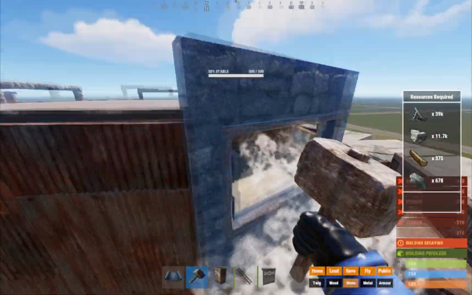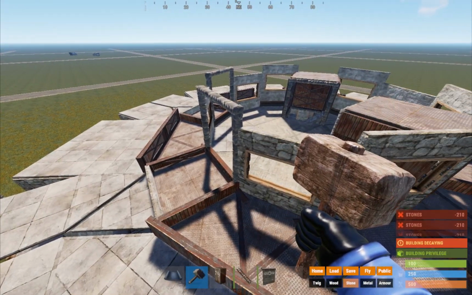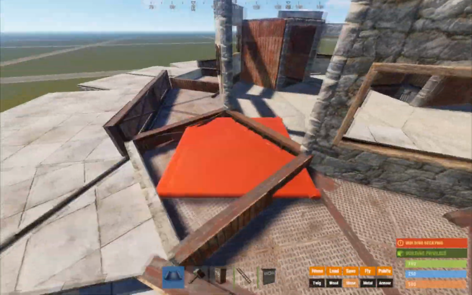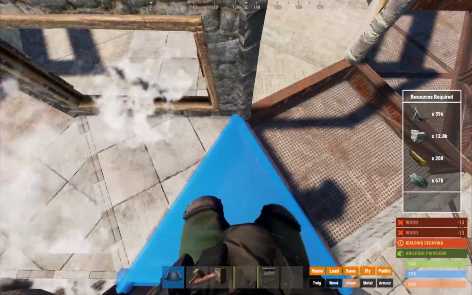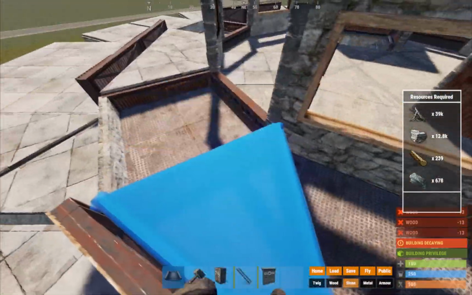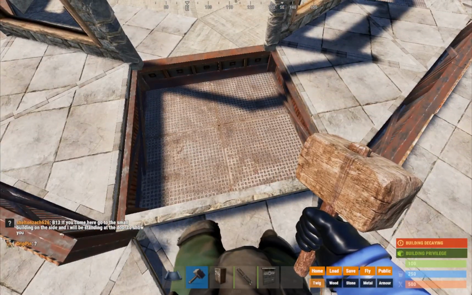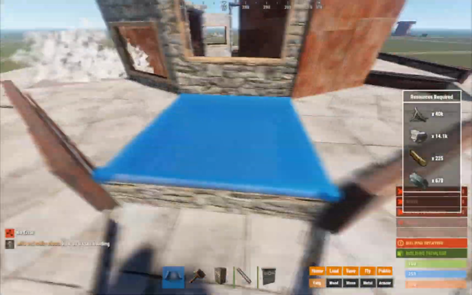Finish upgrading the top level, and then this comes to the roof stacking part of the base. Because I have my loot on the 3rd floor, you go through with triangles again, make sure they're not touching the quarter walls, make sure they're connected to the window part of the base. Complete that all the way around, seal the squares off,